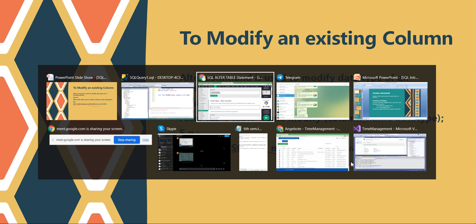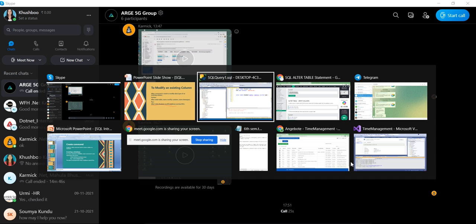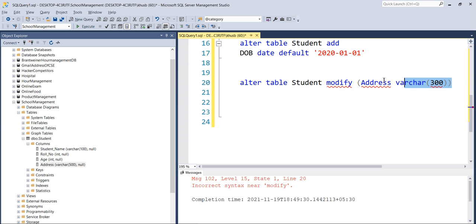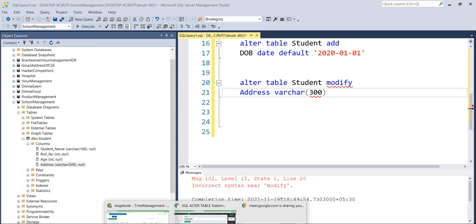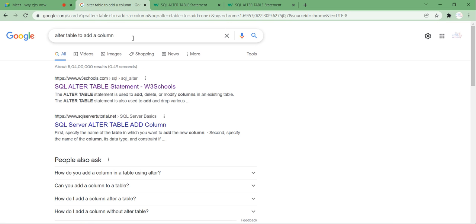I think it is trying to highlight something, like it's an error. Yes. Maybe there will be some syntax error. Okay, I'll just remove this bracket. No, it is still showing the error for us. Okay, let's just quickly go to Google again.